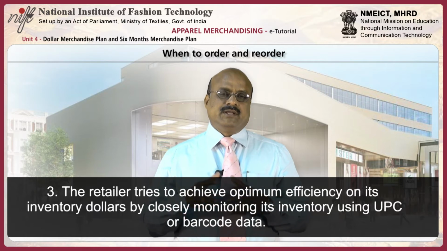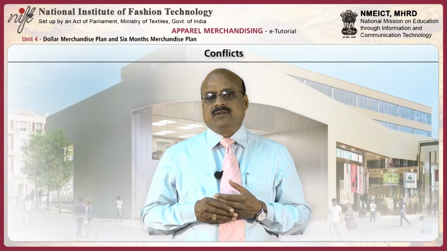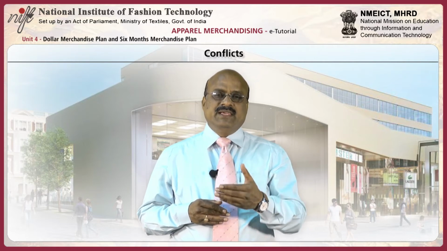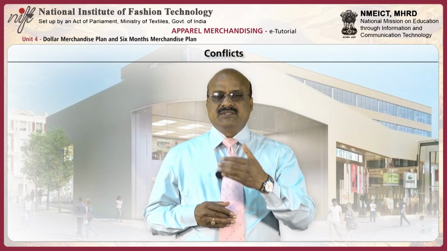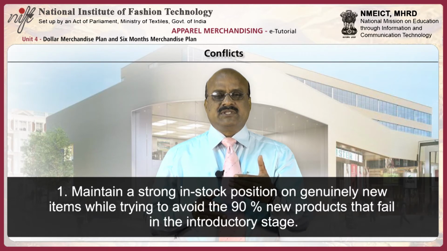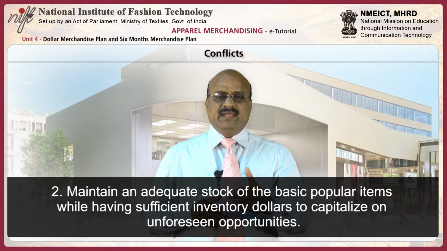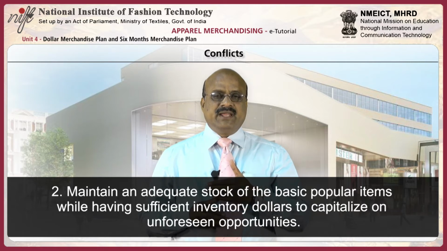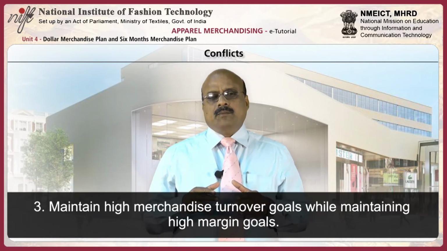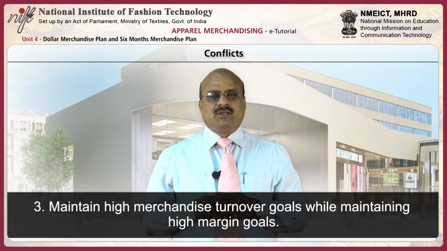Due to conflicts, unit stock planning is an exercise in compromise because everything cannot be stocked. Several conflicts are summarized here. Maintaining a strong in-stock position on genuinely new items while trying to avoid new products that fall in the 90% failure range. Maintain an adequate stock of the basic popular items while having sufficient inventory dollars to capitalize on unforeseen opportunities. Maintain high merchandise turnover goals